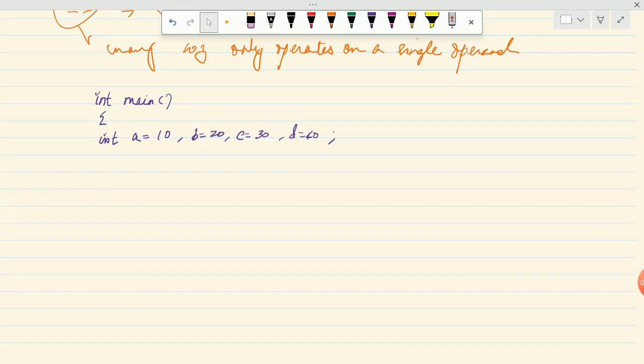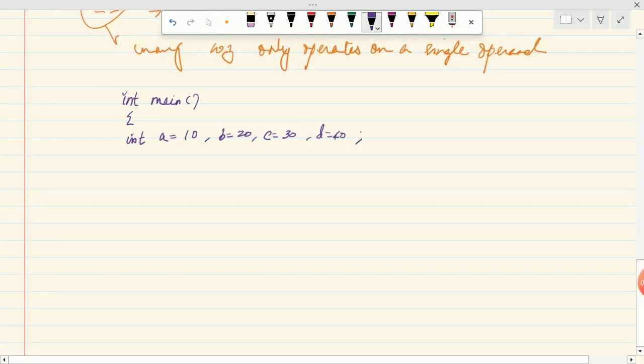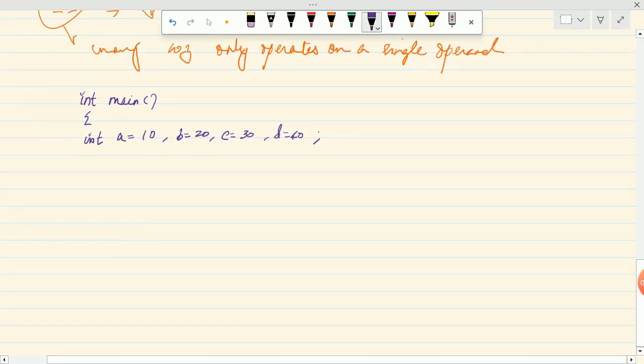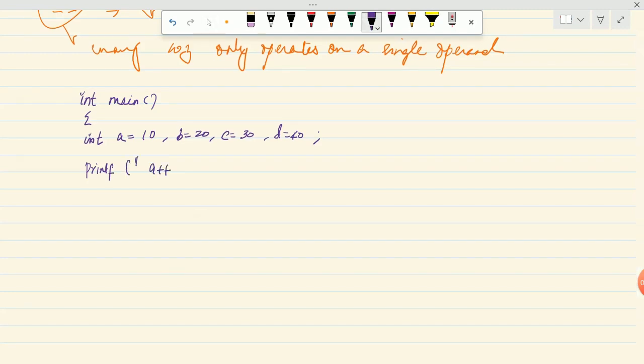End with the semicolon. Next, printf("a++ = %d\n", a++);